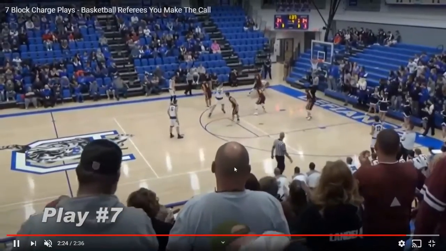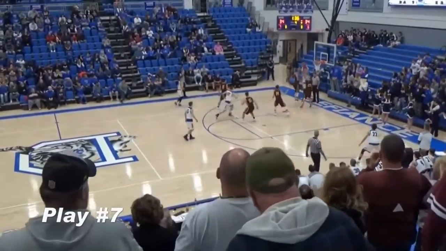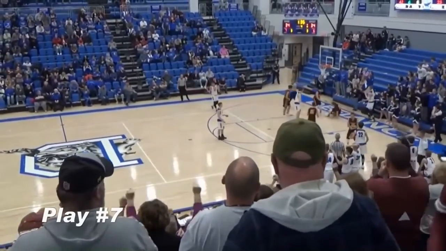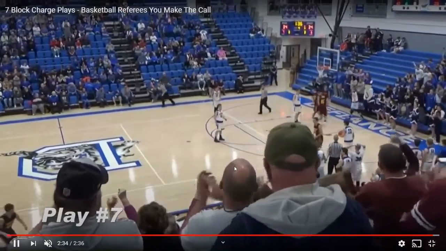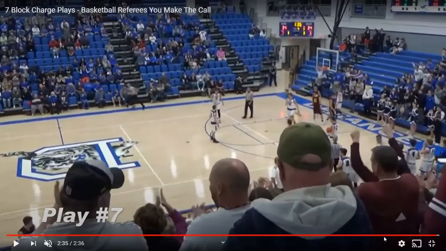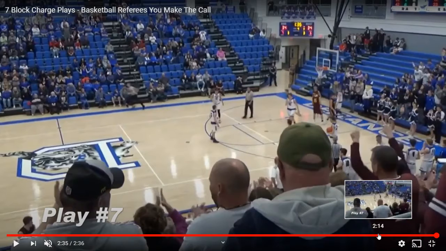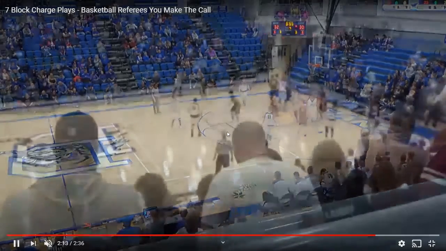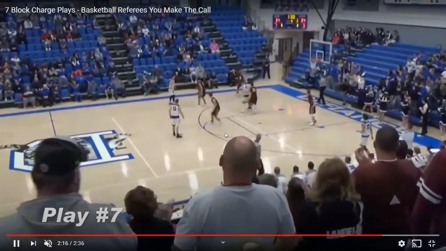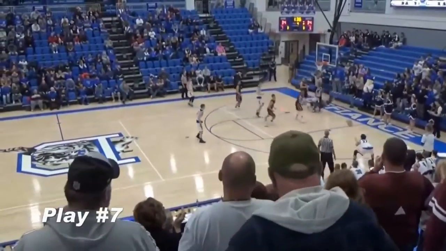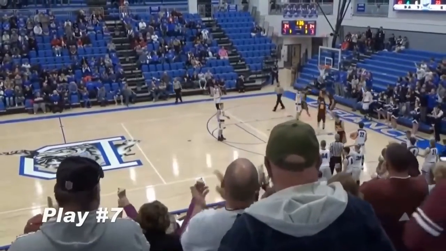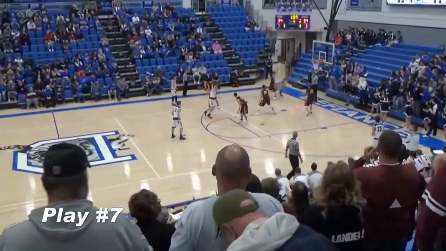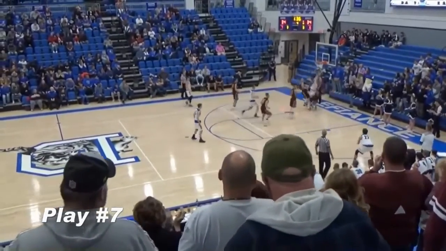Okay, so we have a pass to the corner, beats his man off the dribble, help side defender comes over, and we have a player control foul. I think the perfect mechanics, good positioning, maybe a little bit more off the floor here, but I think the signal was outstanding. And we're refereeing the defense, right? So we see him clearly set before the offensive player leaves the floor. I think it's pretty easy to call and make because we were in the right position and we're looking at the right thing.